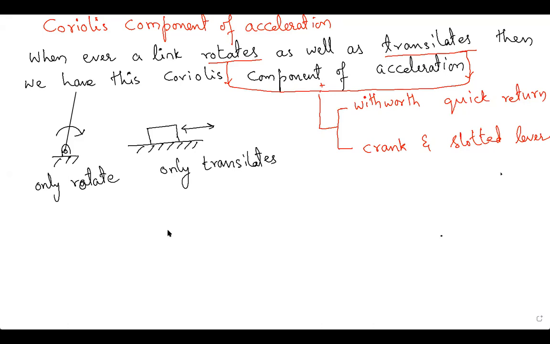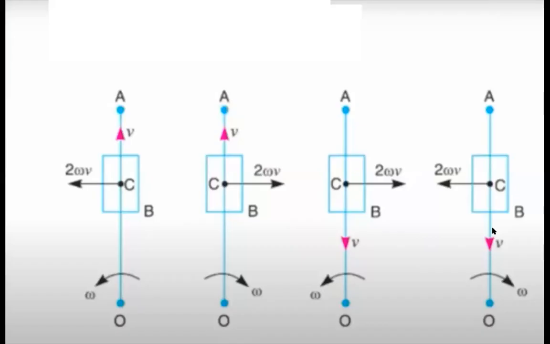Okay, so now we will discuss a few basics of how to identify which part is coming and which link is actually rotating as well as translating. So this part we need to discuss now. If you see here, you can easily see that there is a slider and there is a link which is rotating, right? Assume that the link is rotating about O, and then the slider also is sliding.